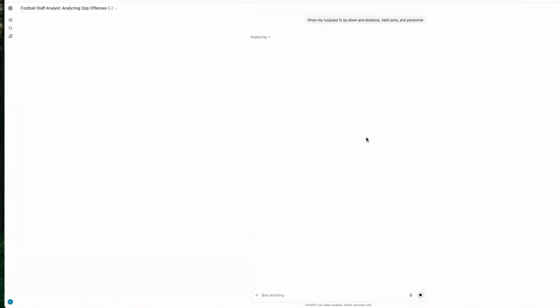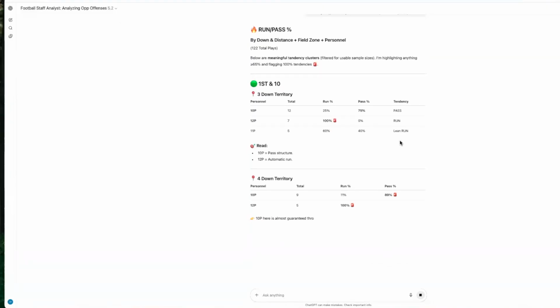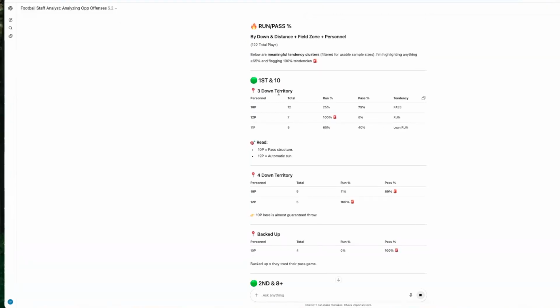And again, watch how fast it's going to give us this information now. See, in our reports, we don't get to do this. Our reports are static. So what we're able to do now is use the AI model. And here we go. In 3 down territory, if it's first and 10, we can see the run pass